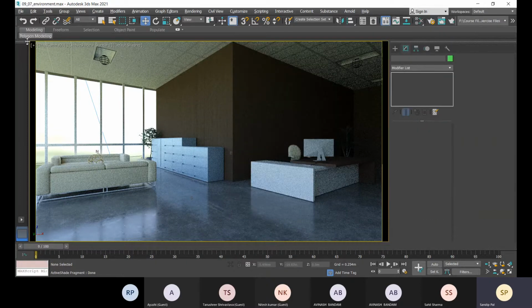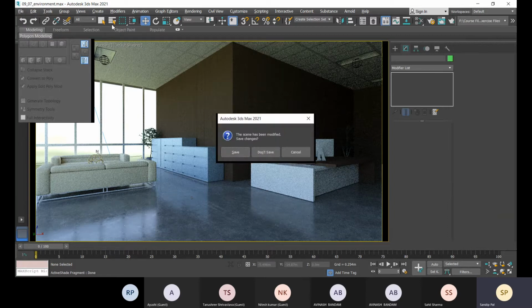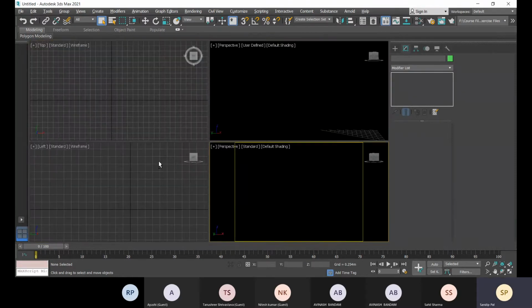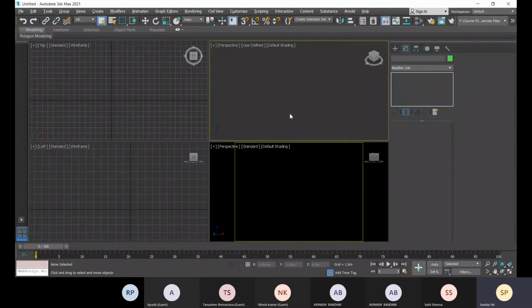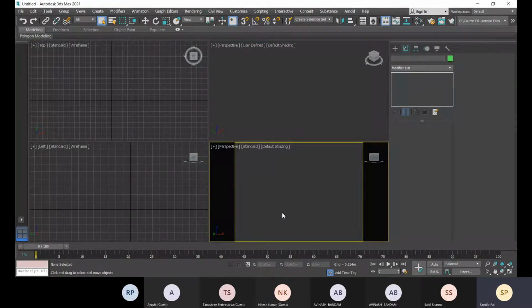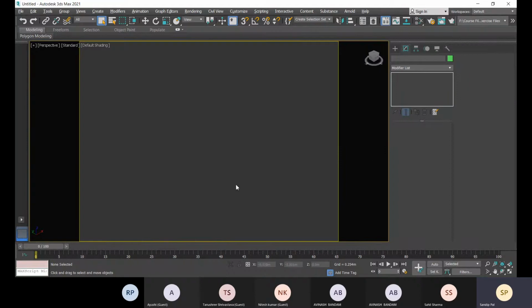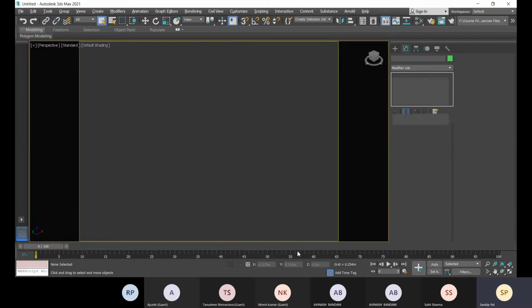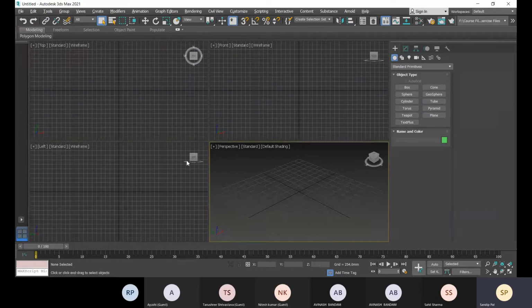So let's go with a new file. Let me change the view to solid color. Okay, now let me create one box.